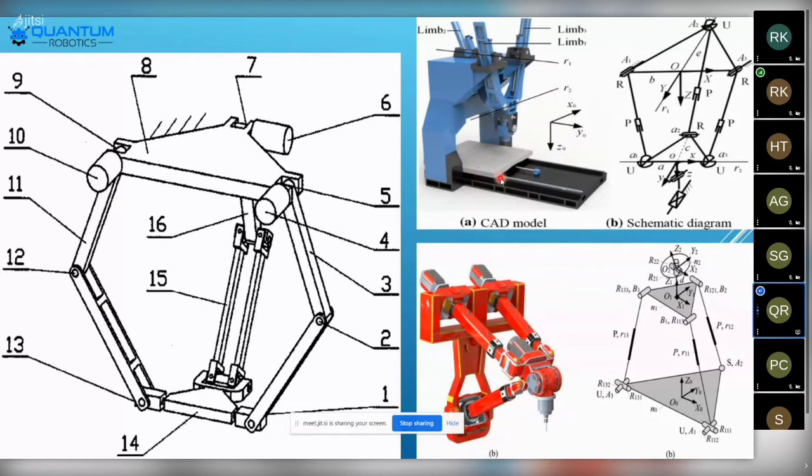Any type of purpose, according to our working principle in the real world, we can use this. And if we use this CAD modeling design, it shows how the real-time process is going to work. And here we have the schematic diagram, which means how the inner part of the HVAC system is going to work.